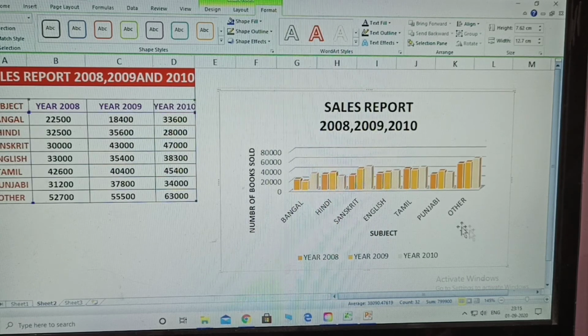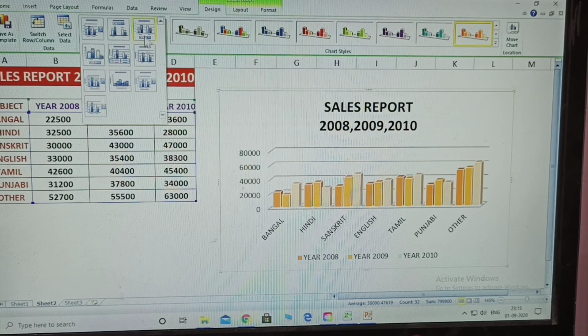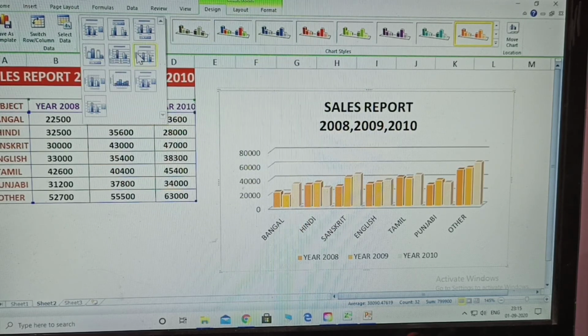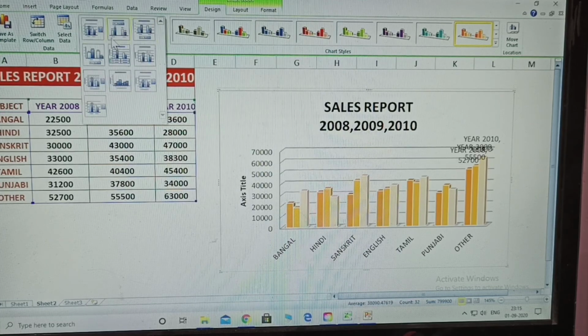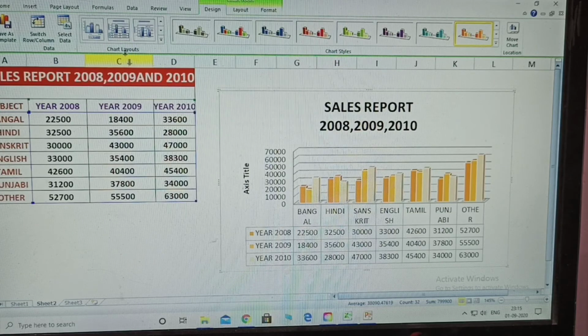So after this, there are so many types of designs to modify, and layouts. Okay, select first. After you modify, there are so many; the chart will be modified here. So many layouts are there. Layouts means, here, see, the year wise report is also displayed.